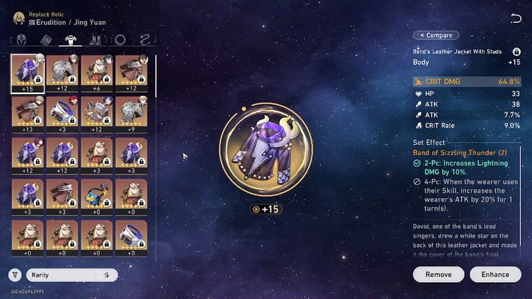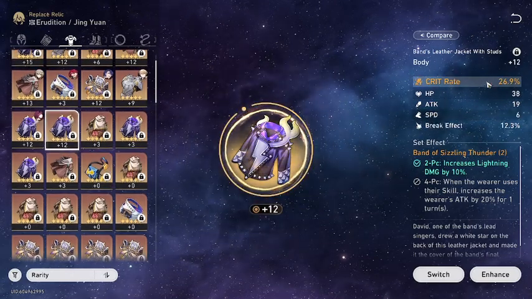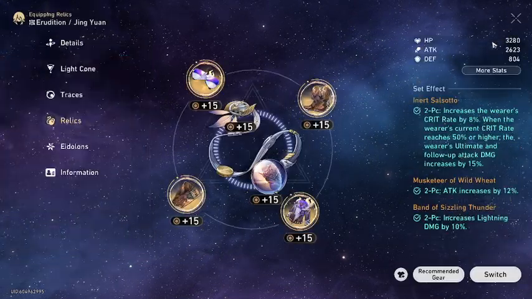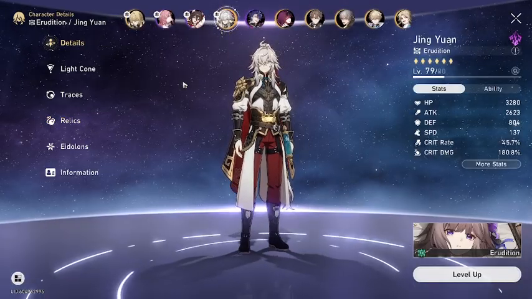I went into these one or two times, but it could be a bit worse. Then I have this one, which is just crit rate. And then just speed, it's not very good at all. So I was thinking about some theory crafting with Jing Yuan. Never done it before, but